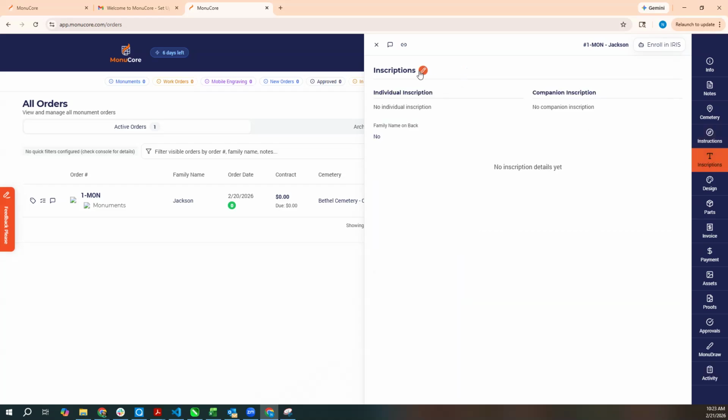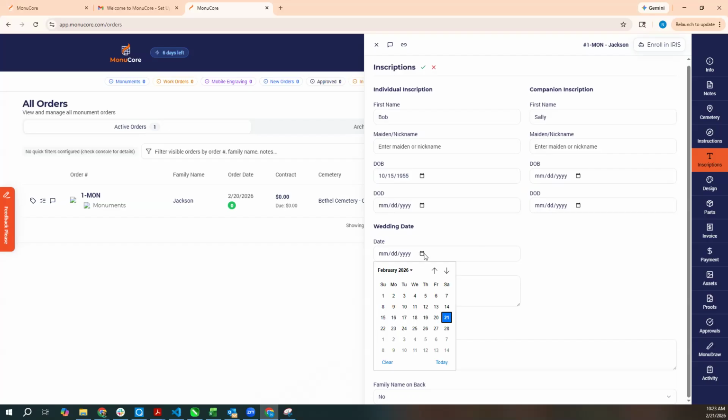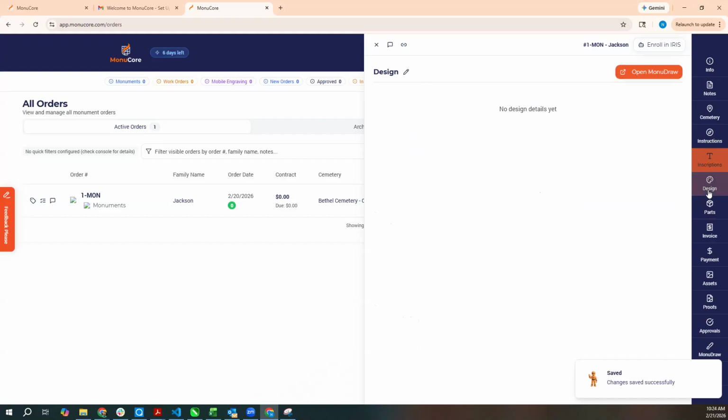And then we want to go to the inscriptions. I'm not going to type all this in, but I'll just do a couple here. And then the anniversary date. Epitaph. Like I said, I'm not going to put all that in right now. Commit the changes. Design, these are just going to be some